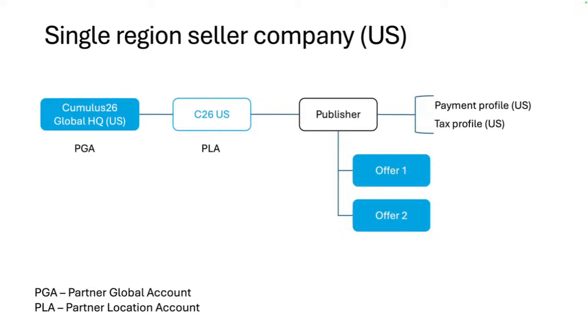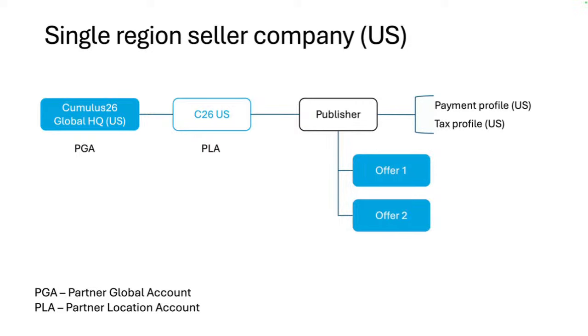Now, here's an interesting one. Publishers are where we create our offers. So we've got offers 1 and 2 here, each created under a single publisher associated to my C26 USPLA account. Is this what I advised? Not exactly,